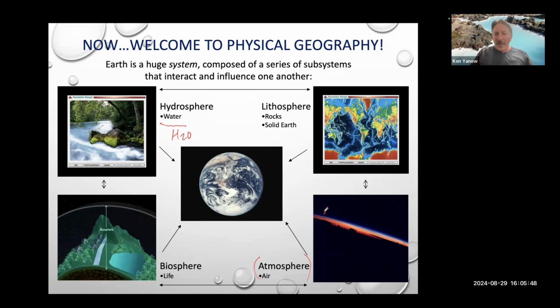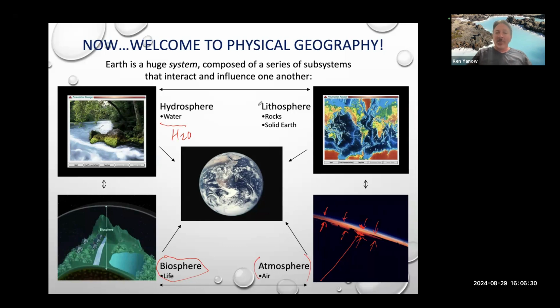I love this photo right here. This is taken from the space shuttle, and this is just the edge of the atmosphere on Earth. You can see how relatively thin it is versus the thickness or the radius of the planet itself. The radius of planet Earth is like 8,000 miles, and the whole thickness of the atmosphere is like 100 to 200 miles. It's nothing. But without this atmosphere, we wouldn't have a biosphere, which has everything to do with life. So the crazy thing is the hydrosphere, the biosphere, the atmosphere, we all know that they interact and influence one another.